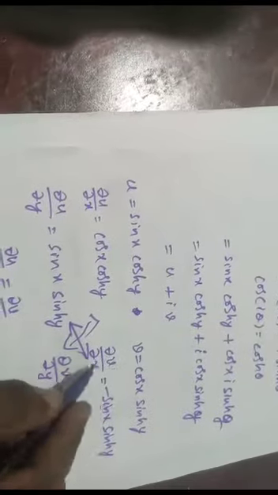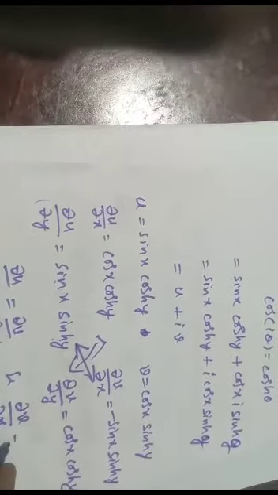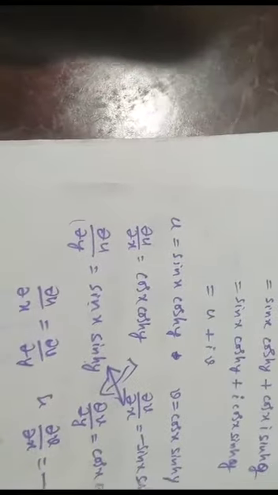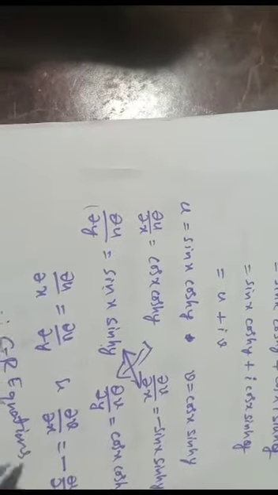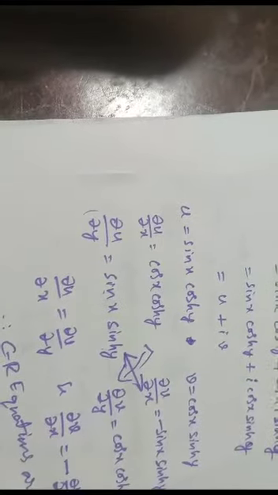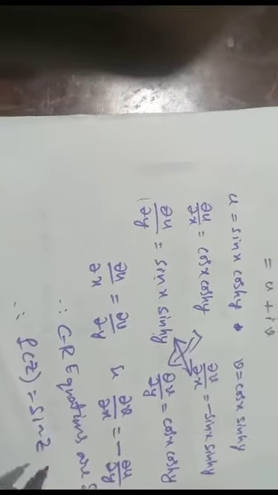From these two, dou v by dou x equal to minus sin x sin hyperbolic y, and dou v by dou x equal to minus dou u by dou y. These two are our Cauchy-Riemann equations in Cartesian form. Therefore, CR equations are satisfied. Therefore the given function, that is f of z equal to sin z, is analytic.